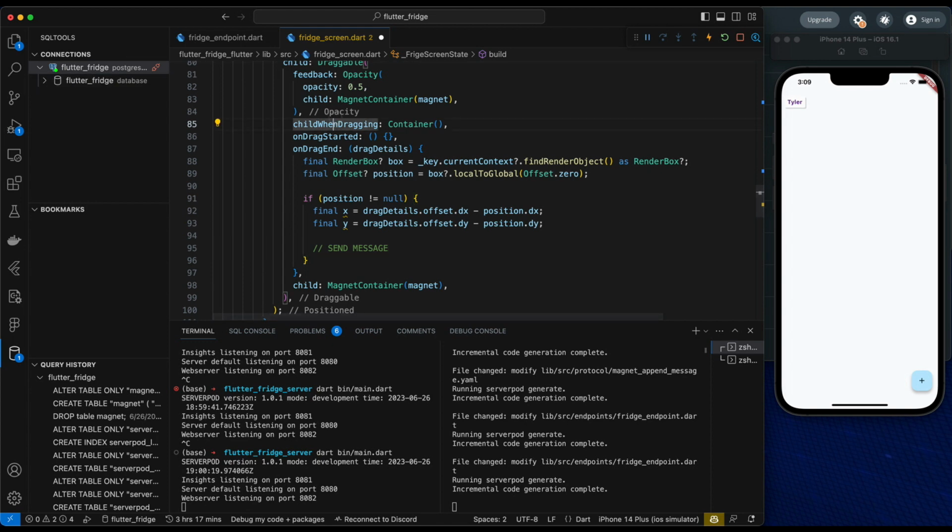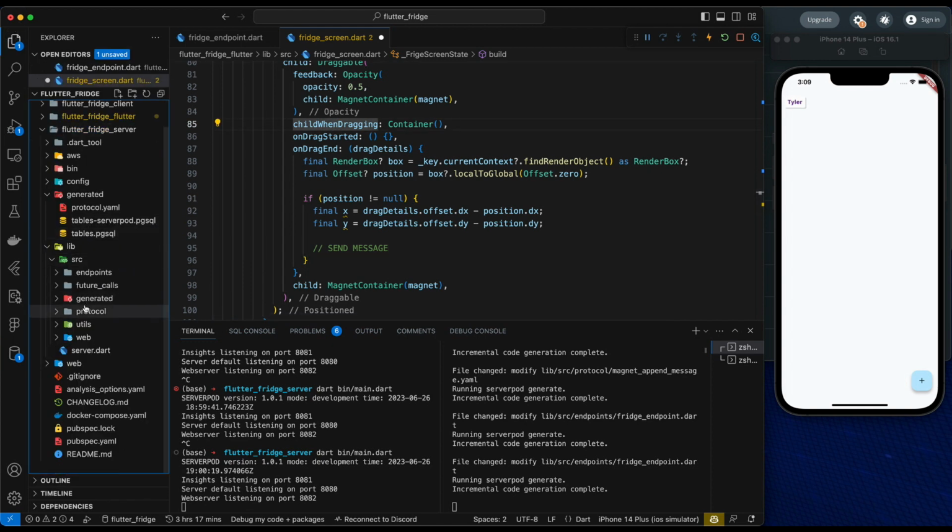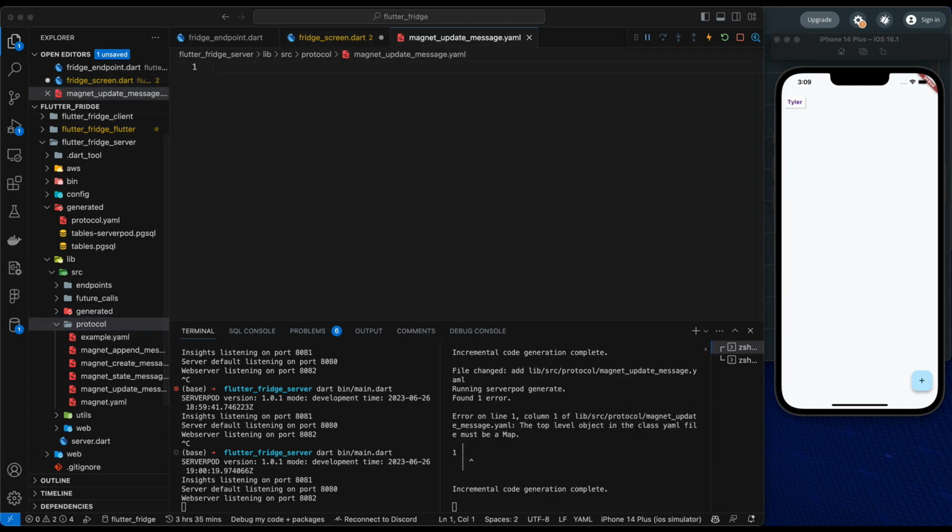So we need a new data type for this. We already have magnet create and magnet append. Let's make magnet update message.yaml. And in this case, class MagnetUpdateMessage. It's so smart. And for the fields, we're going to take the identifier,